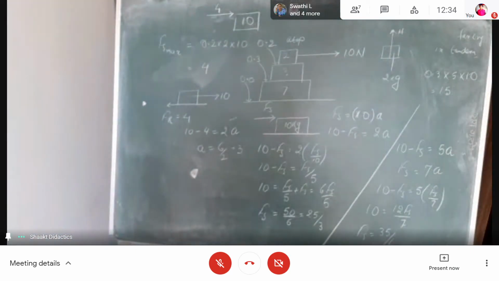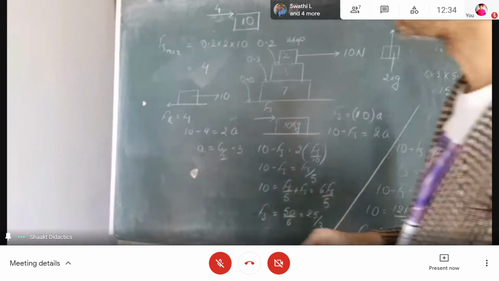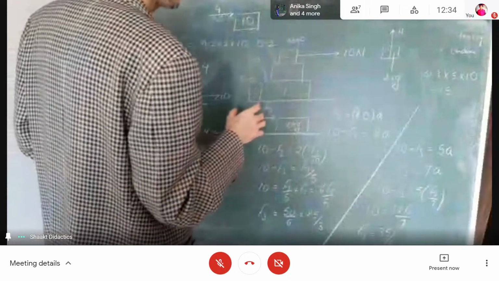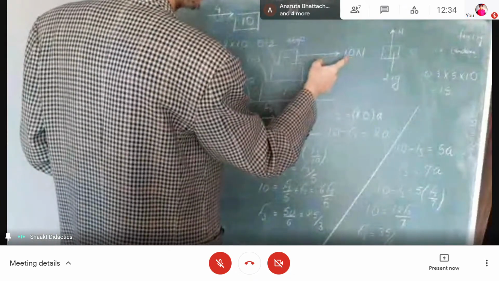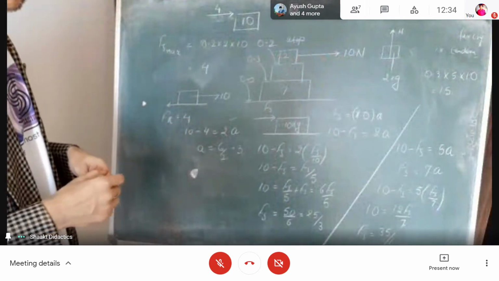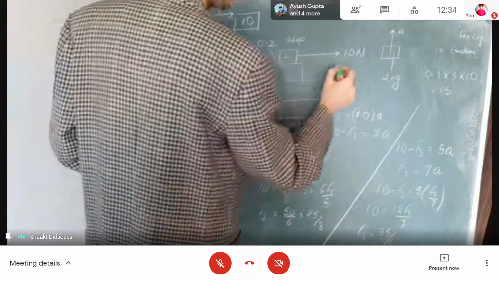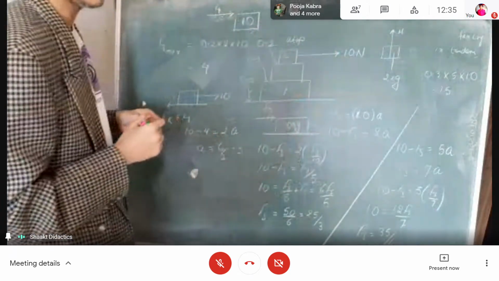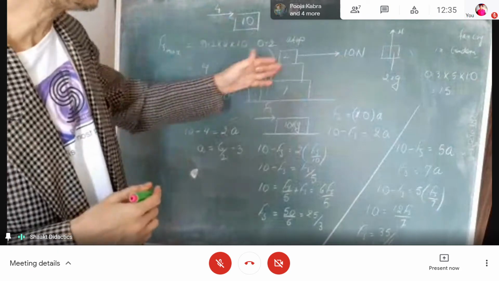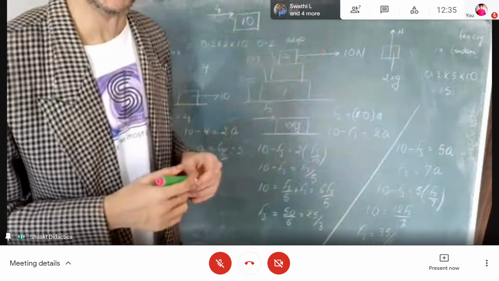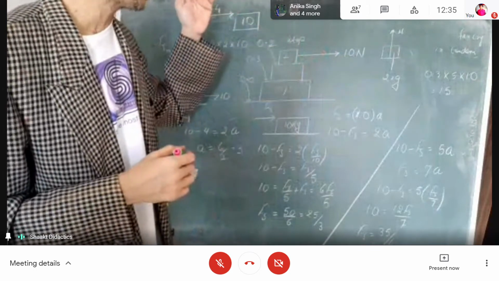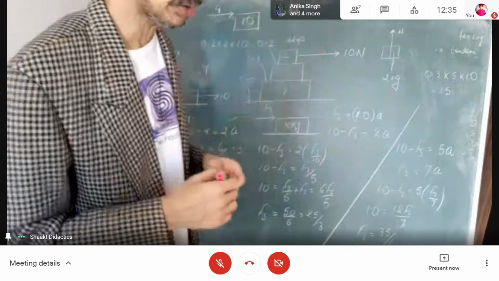So in this, why aren't we taking 10 Newton acting on 10 kg also? Because the 10 Newton doesn't act on 10 kg. 10 Newton is acting on 2 kg. In fact, the second part is to apply 10 Newton on 3. In SC Verma, he has asked you to apply it on 2 first, followed by 3 and then 7. Okay, dear?